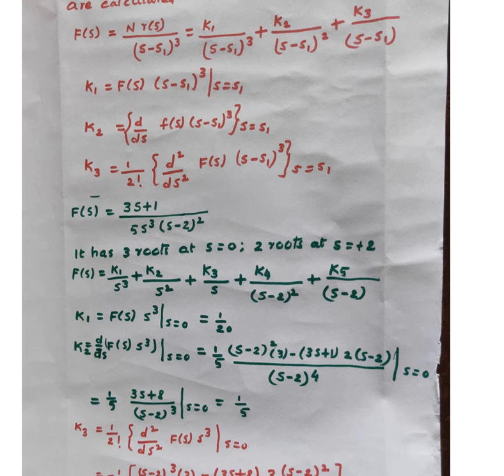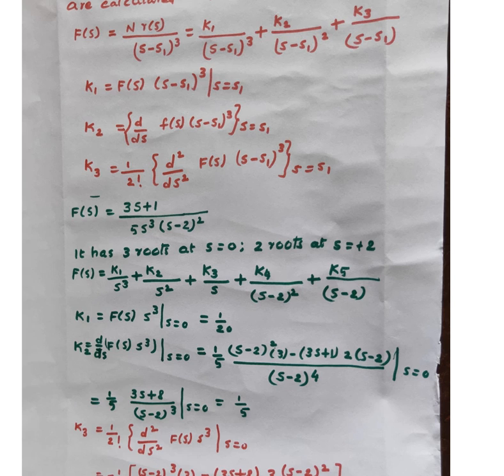The same thing we are applying here. So 1 by 5 into, here v means s minus 2 whole square. So s minus 2 whole square means we'll get s minus 2 whole power 4. So here s minus 2 whole square is v. So du by dx means that is nothing but 3s plus 1. Once you differentiate it with respect to s, then you will get only 3 here, minus u, which is 3s plus 1, and differentiate that s minus 2 whole square. Then you will get 2 into s minus 2. Then substitute s is equal to 0.